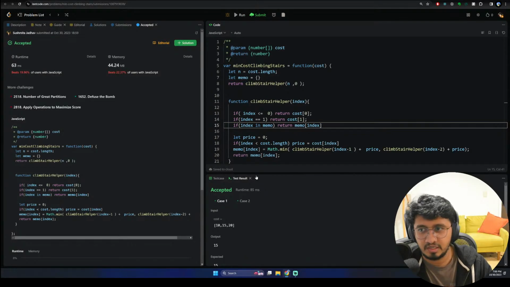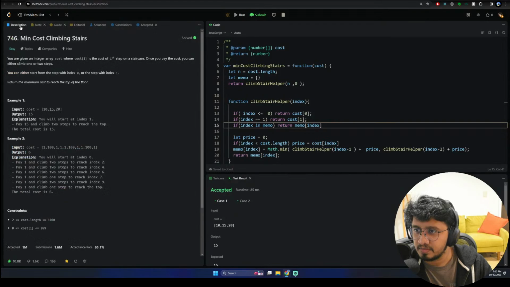That won't change. For example, 10 will remain as is, 15 will remain as is. The only way to find the cost of getting to the last one is to